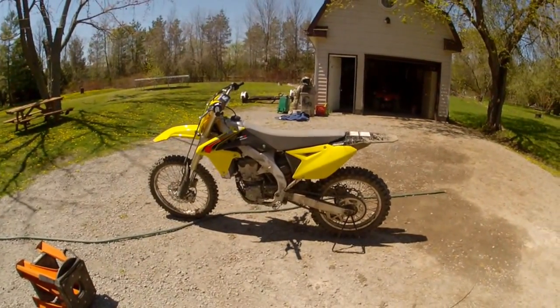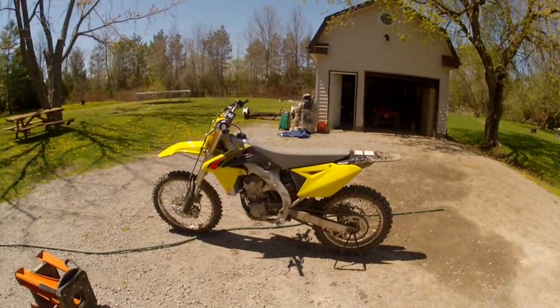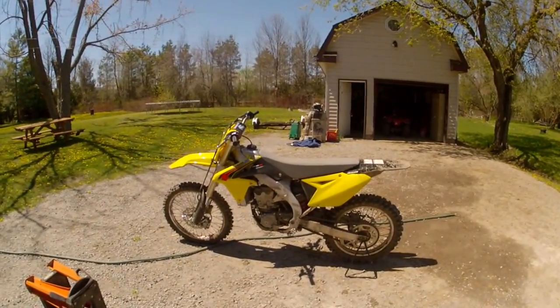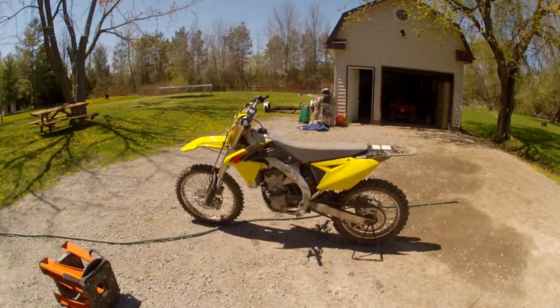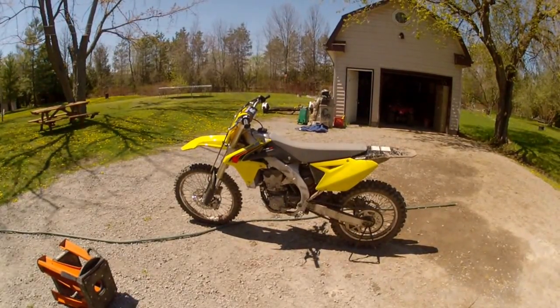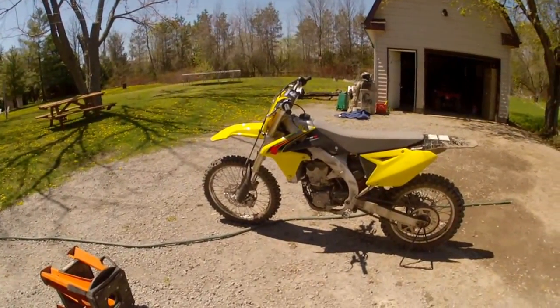I bought it brand new off the dealer room floor. I kind of regret it, I don't really like the bike as much as my YZ 450, but I guess it's going to have to do. I got kind of a good deal on it. I bought it for $8,500, and then with taxes it came out to $95. So I don't know. Anyways,